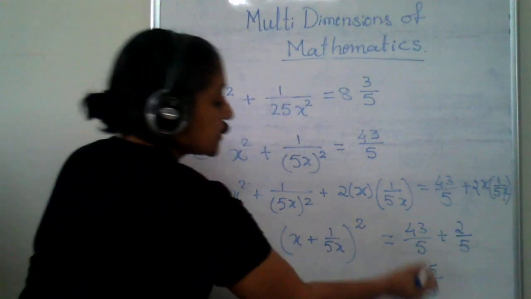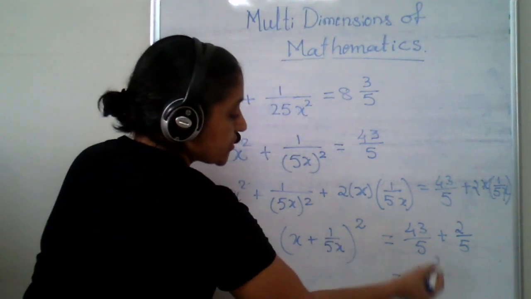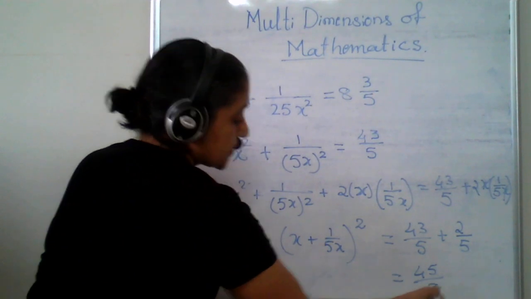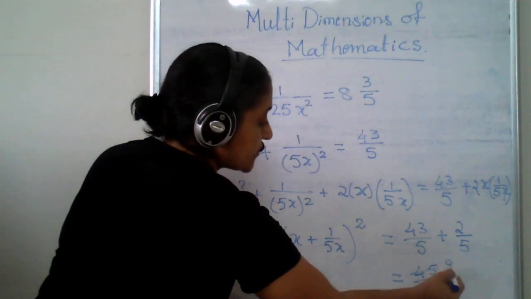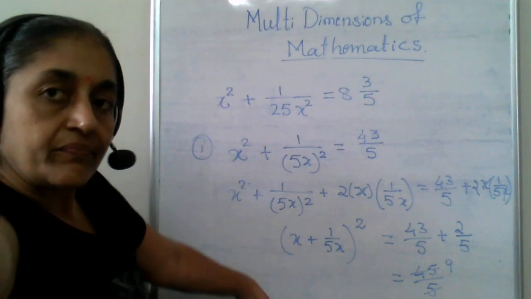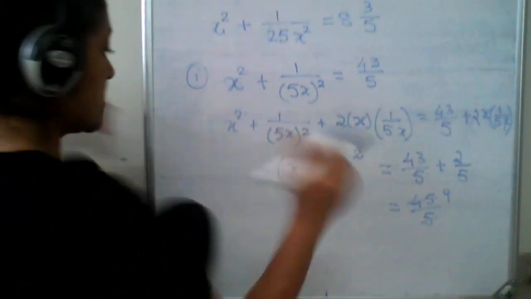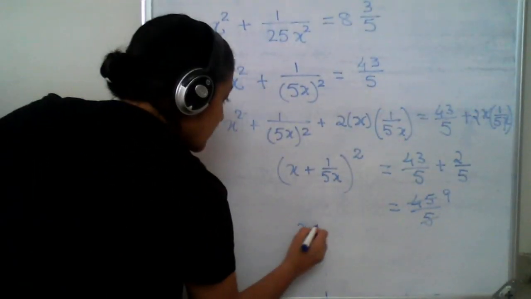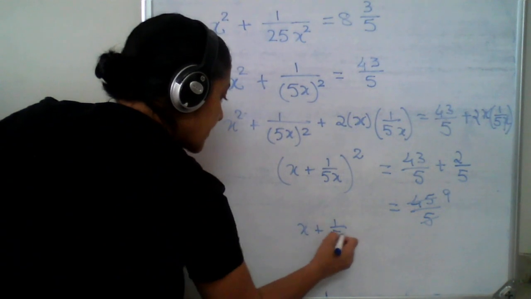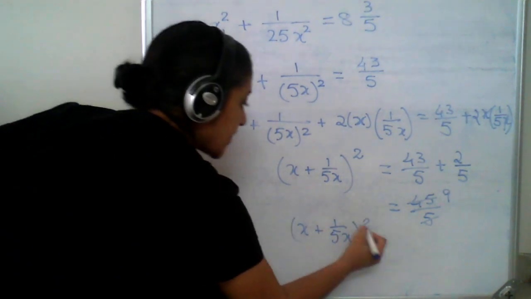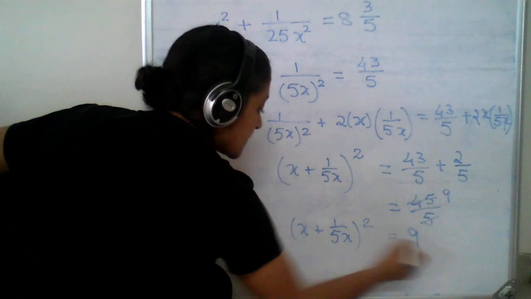So if you cancel this, 5 9s are 45. So over here you see x plus 1 by 5x bracket raised to square is going to be 9, and then